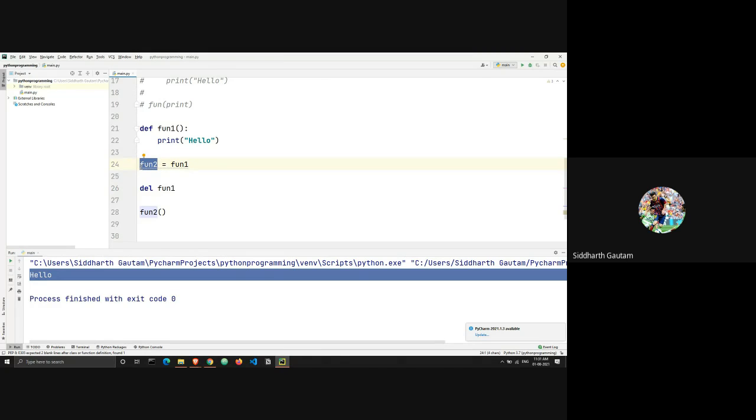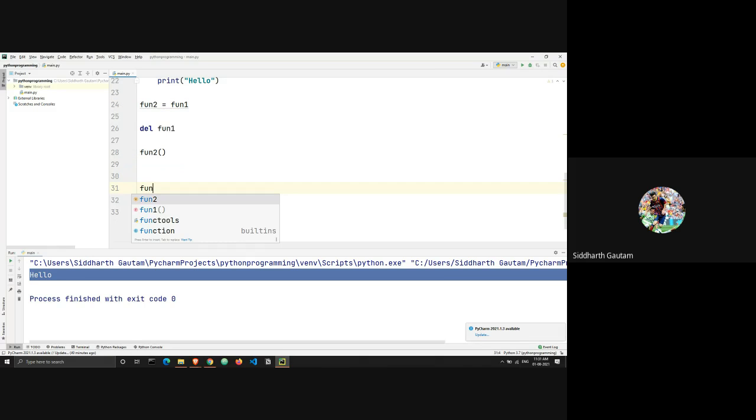I speak in English because there are international students as well. Whatever value we put in fun2, it takes the data type of that, right? I will show you right here. Let's say I have a variable fun3. If I write fun3 is equal to 3, this will become an integer. If I write 3.0, then this variable will become a float. If I write something like this, then it will become a string. Whatever I equate the value of a variable to, the variable changes its data type to become that, right? So here I'm equating its value to a function, so the data type of this variable has turned into a function itself.